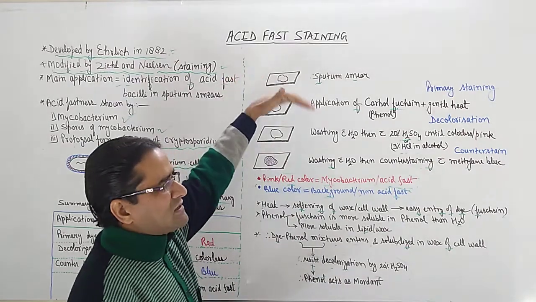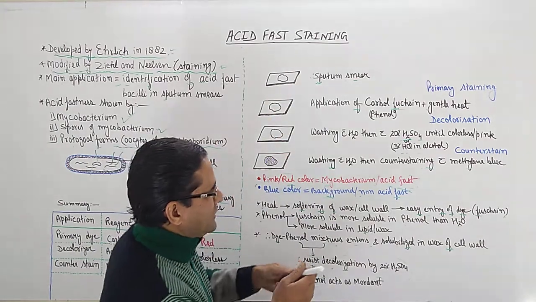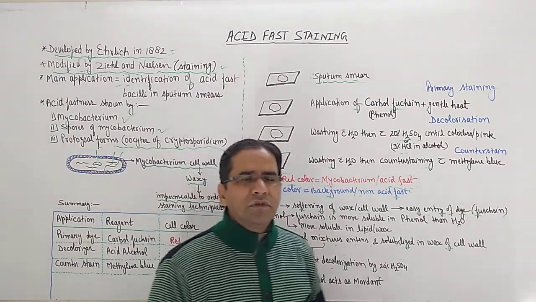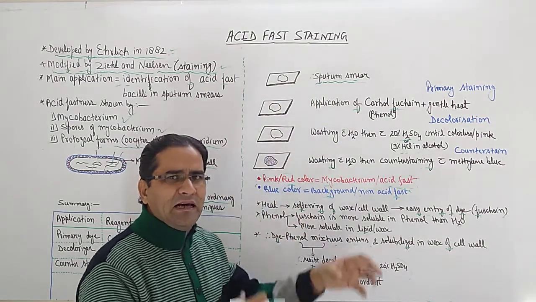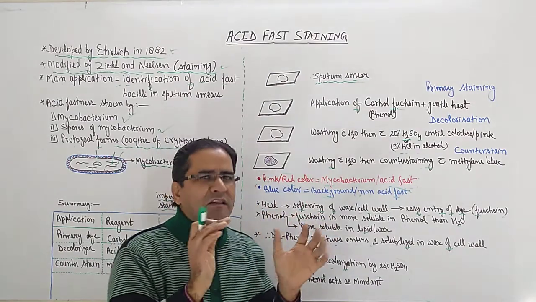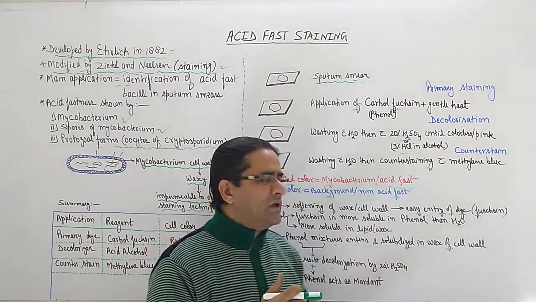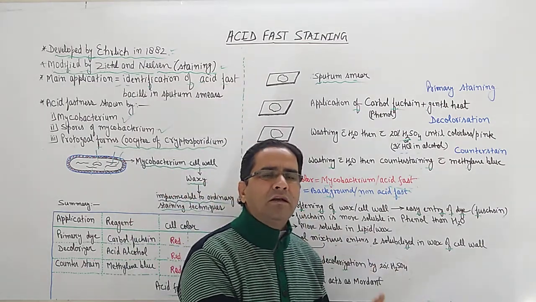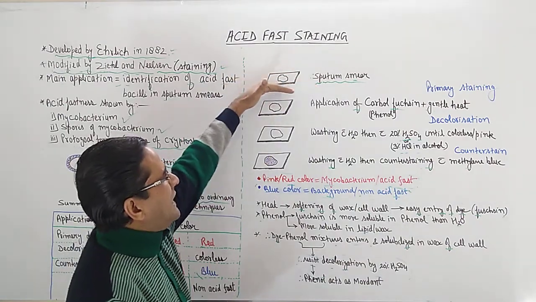Now in this acid fast staining, what actually happens? Sputum of the patient is taken and a smear is prepared. So this is the slide. After applying dyes and going through certain steps, the final result is observed under the microscope, and whatever the microbe shows, we conclude our result, and on that basis we can say that a particular microbe is present or absent. So the first step was that sputum was taken, kept on a slide, and a smear prepared.